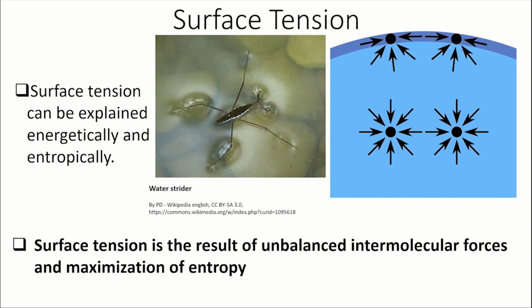Here's this nice water strider right on top of the water. How it's able to stay on top of the water or walk on water without falling in is that there are hydrogen bonds between the water molecules at the top of the surface here that this water strider is not breaking by spreading out his weight with his really long legs. So it's not making a big pressure at any one point that would make him fall through.